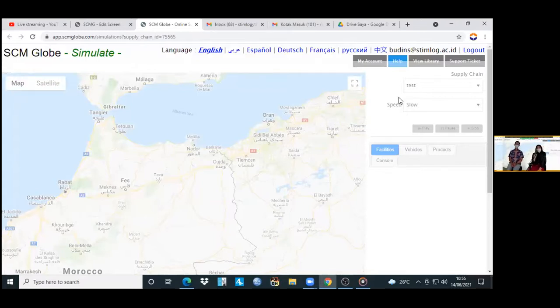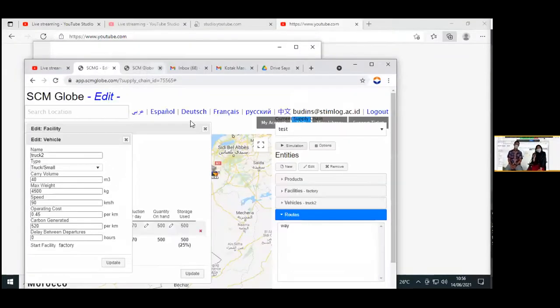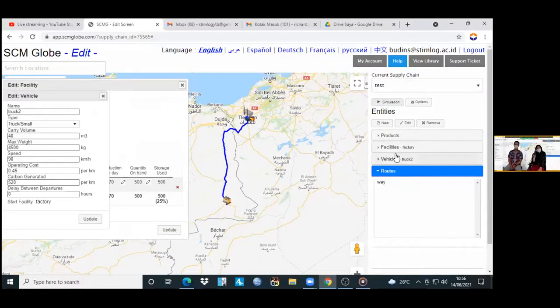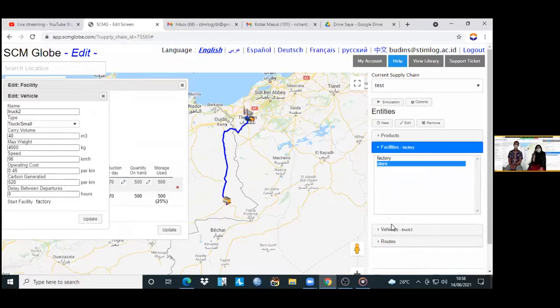Okay, if some error happens, there will be a pop-up in this page, and you can go back to the main page to resolve the problem, to edit the parameter or to solve the error.